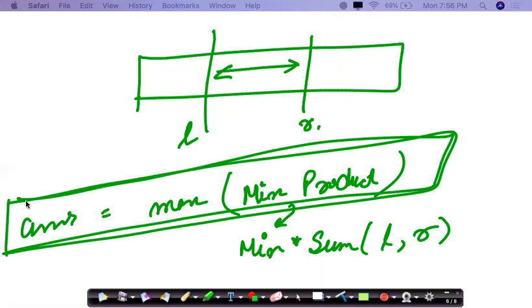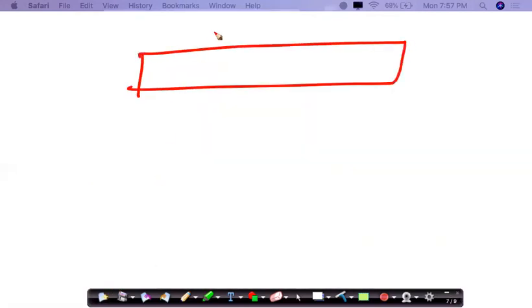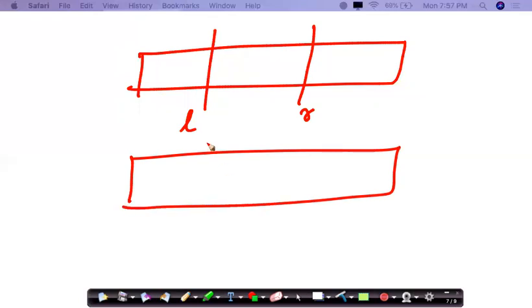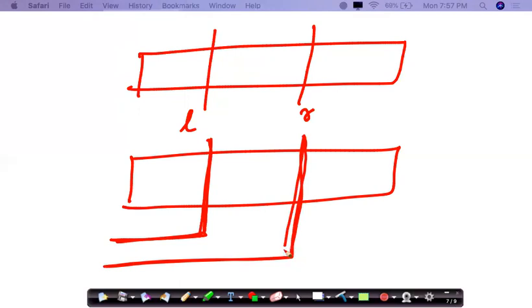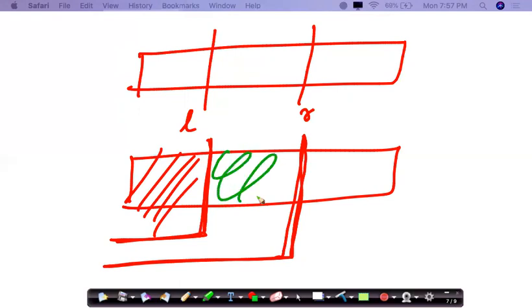Now the only thing left in this question is how to find out the sum between the left bound as well as the right bound index. So to solve this, you can take help of the prefix sum. Let us say you want to find out the sum between L to R. So what you're going to do, you're going to find out the prefix sum till this Lth index. You'll subtract this sum from the prefix sum till the Rth index. After doing so, you'll get this sum as your output, which is the sum from the left index to the right index.